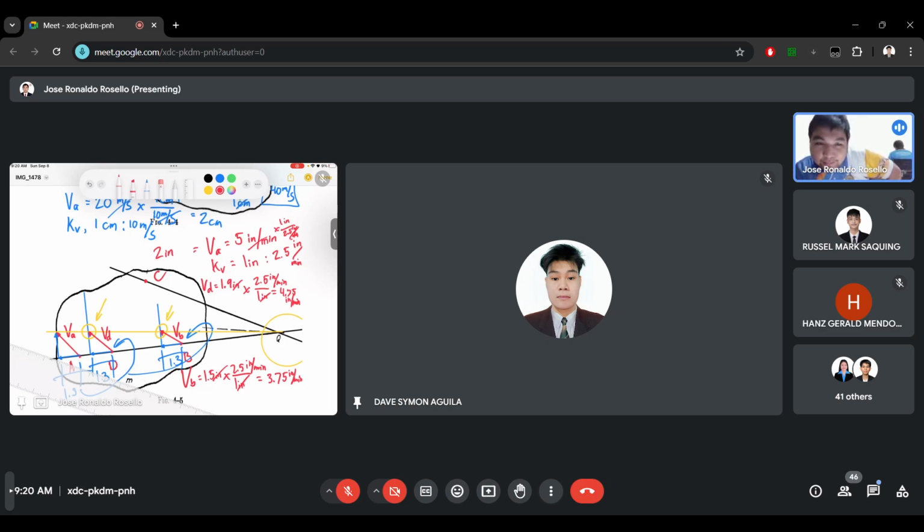Point C has its pivot also at point Q, so it is the same with ADB. And since they have the same pivot, we can relate point C to line ADB. So what we will do